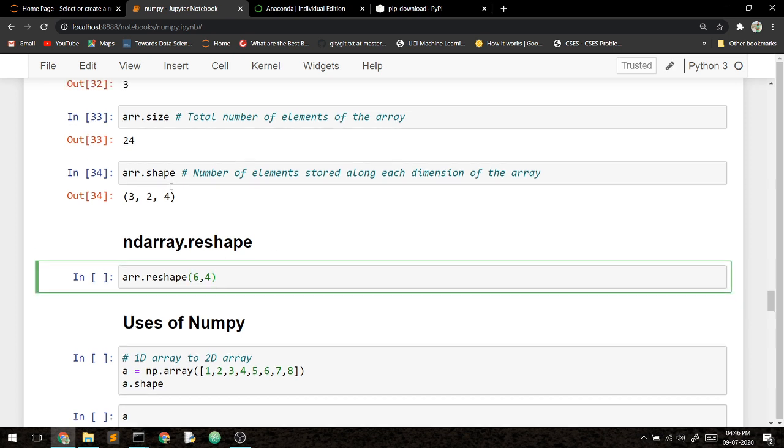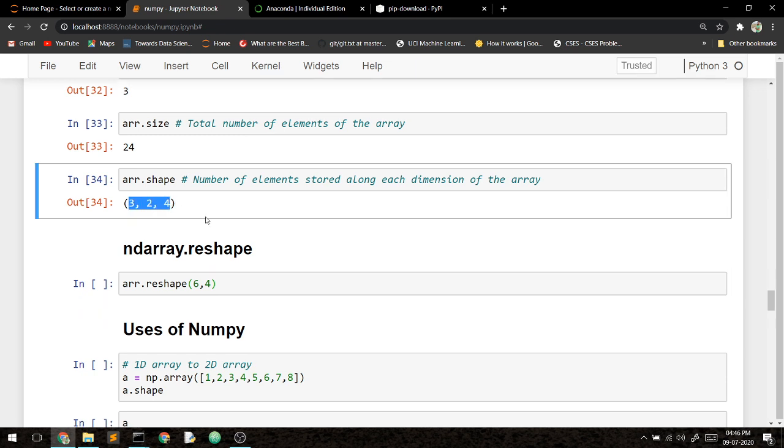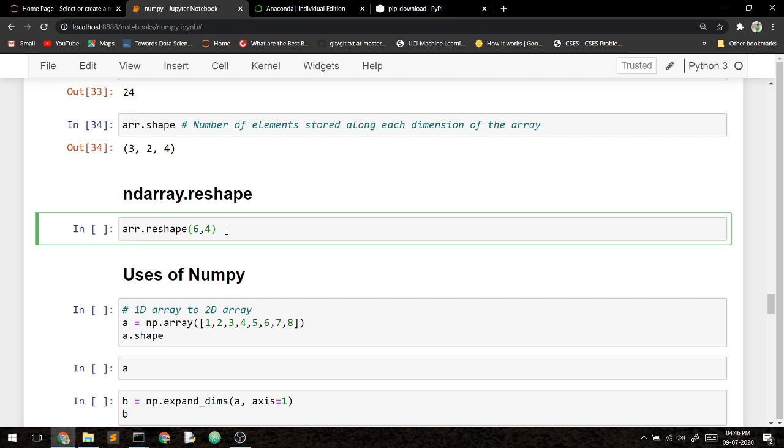If we have 24 elements and we have shape 3, 2, 4, we can reshape it into a NumPy array of shape 6, 4, because it will also have 6 times 4 equals 24 elements. We cannot reshape into a shape which will have more or fewer elements than the existing elements.